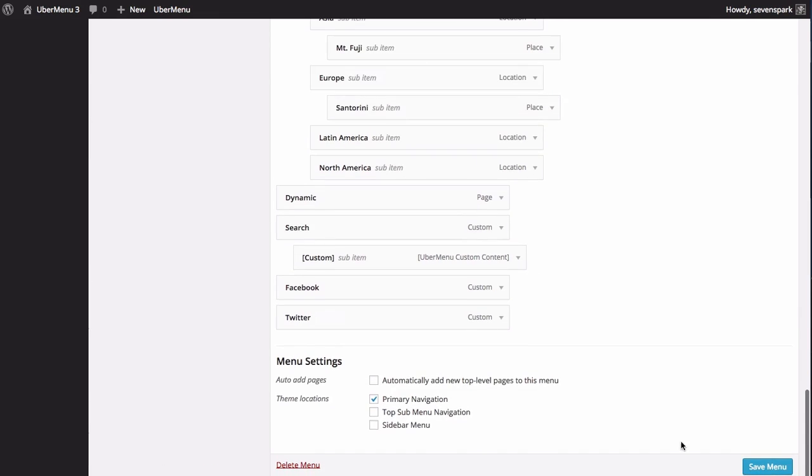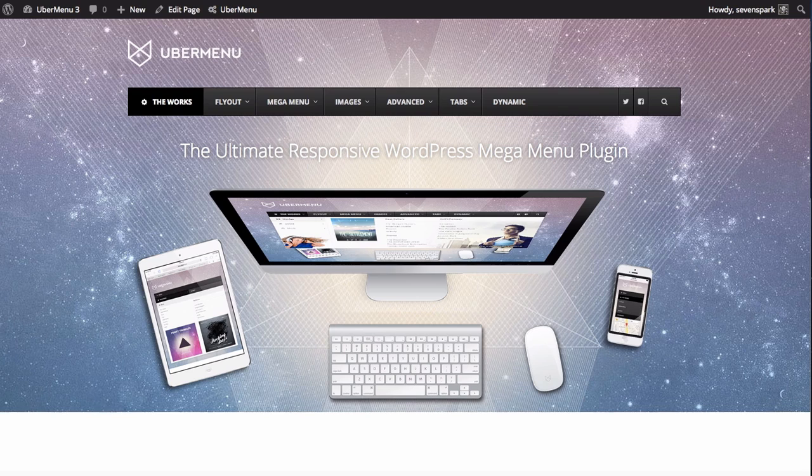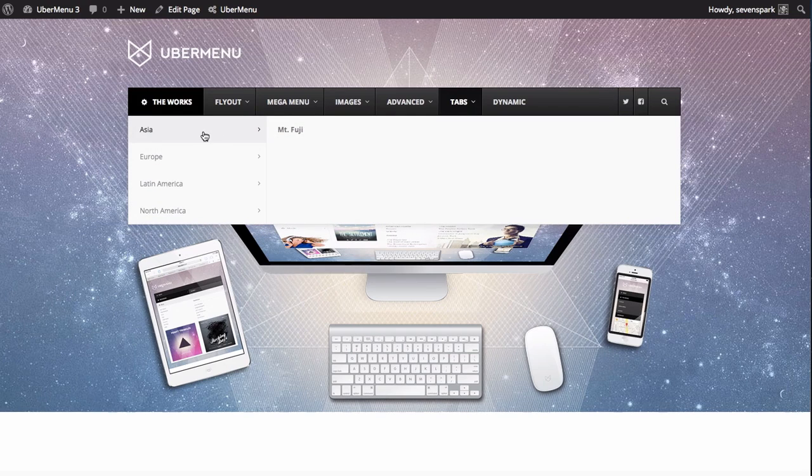Make that a child item of Europe. You'll see that now when we hover over Europe, Santorini is displayed. When we hover over Asia, Mt Fuji is displayed. Now before we get into actually adding the images like we have in the demo, I just want to show